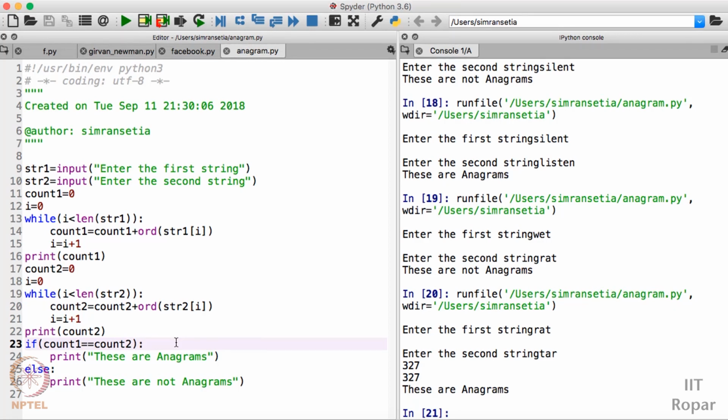Well, there are many other ways with which you can find out whether two strings are anagrams or not. We would like you to discuss on the discussion forum the other ways of how to figure out whether two strings are anagrams or not. In the forthcoming screencast, I'll be telling you one more way through which you can figure out whether two strings are anagrams or not. Thank you.